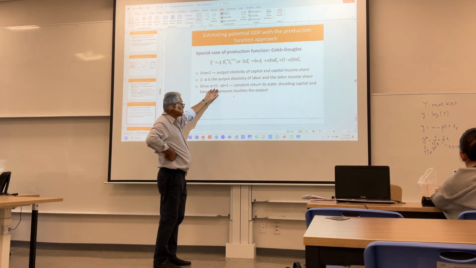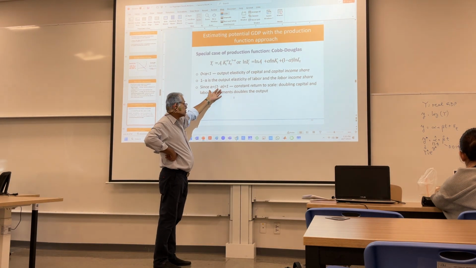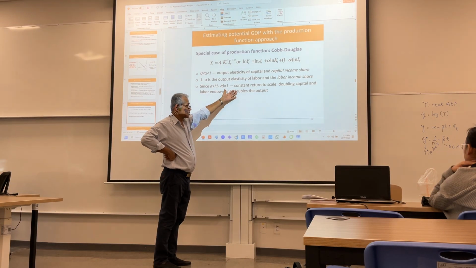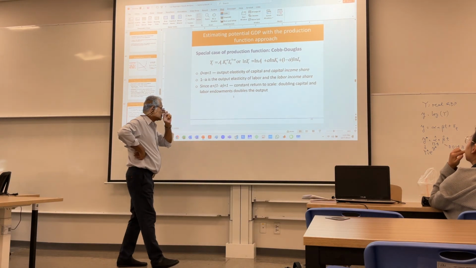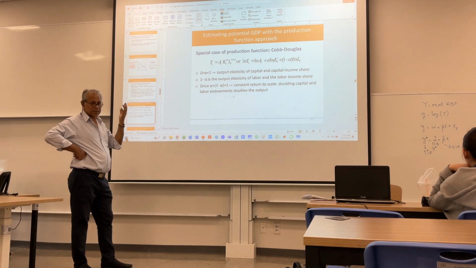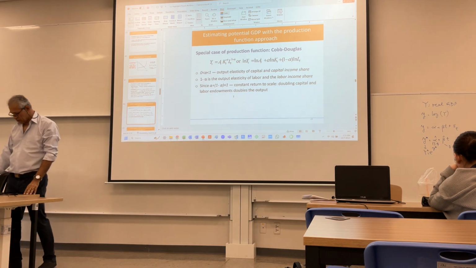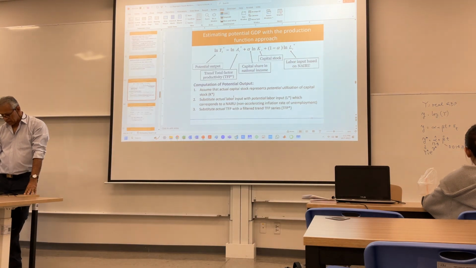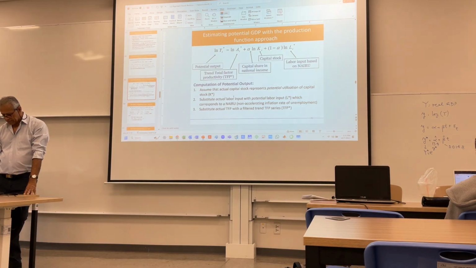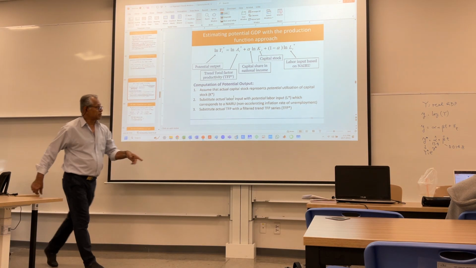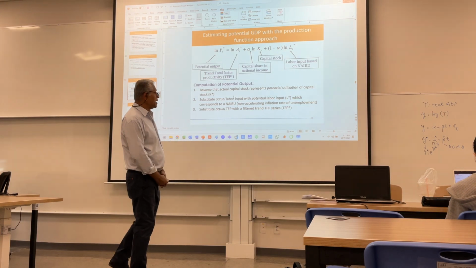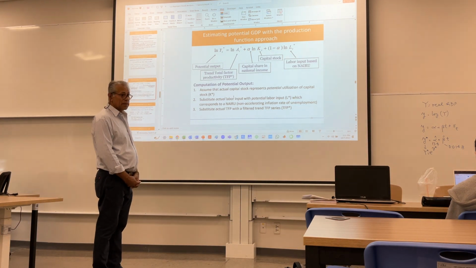And because the shares of capital and labor in total output sum to 1, we have constant returns to scale. So if you double the amount of capital and labor, it doubles the amount of output. This is a constant returns to scale production function. We can then use that production function by asking, given that we have a relationship now between capital and labor, we can use this relationship